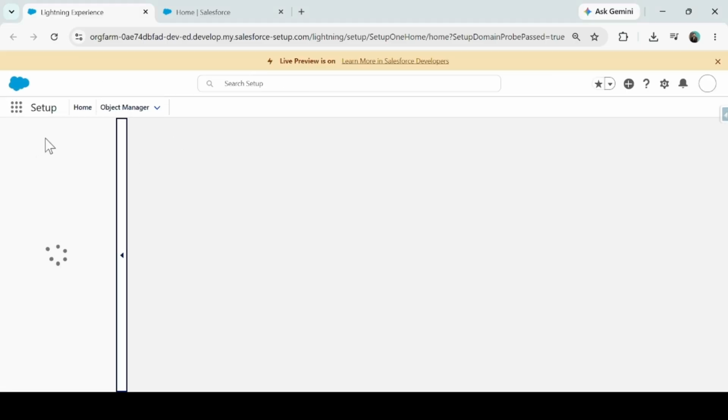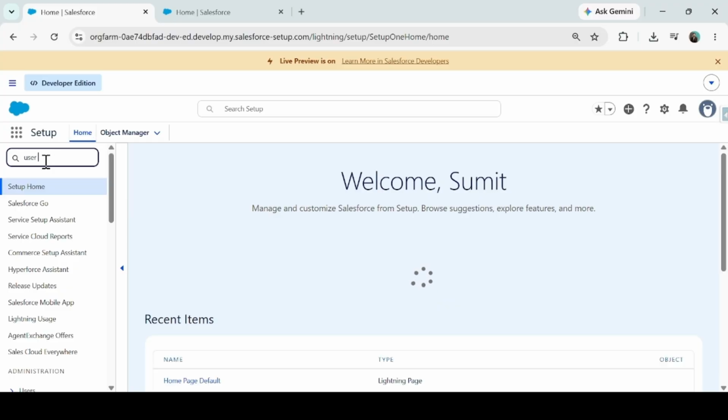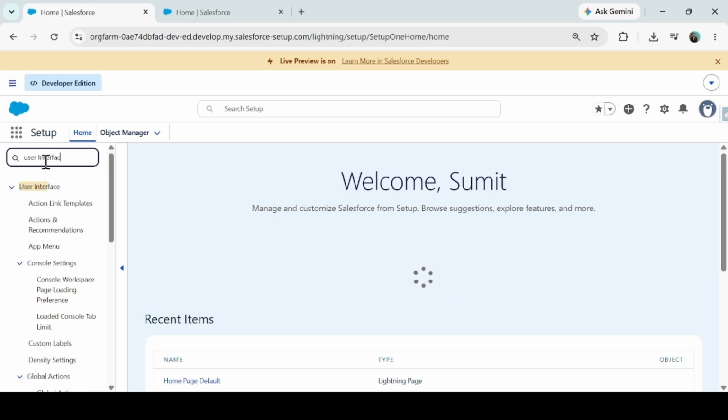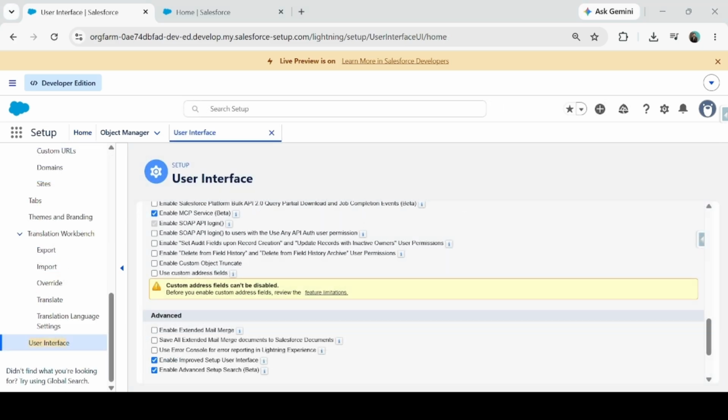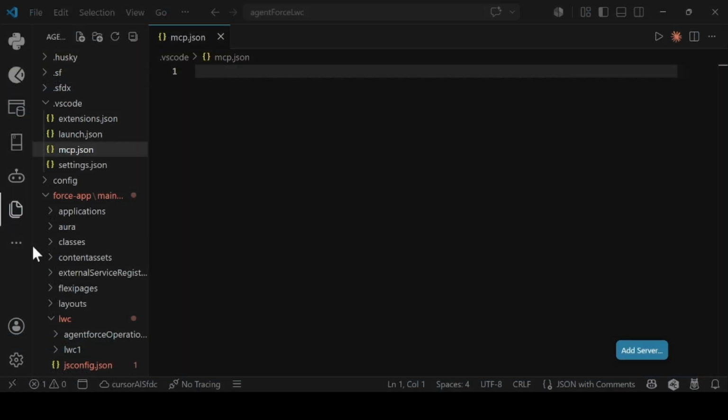And for that option, you need to navigate to Setup, Home, and look for User Interface. The option you need to enable is Enable MCP Server and MCP Service (Beta). I've already enabled this service, so make sure it is enabled. And then we will start adding code in our